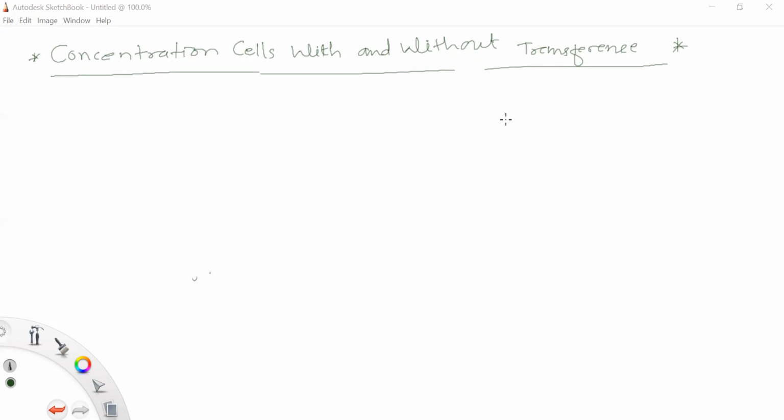Okay, so the difference in concentration will be either in the two electrodes or in the electrolytic solutions. So the concentration difference is between two electrodes or between two electrolytic solutions. On the basis of that concentration difference, the concentration cell has two types: one, electrode concentration cell, and second, electrolyte concentration cell. Now one by one we will understand the electrode and electrolyte concentration cells.